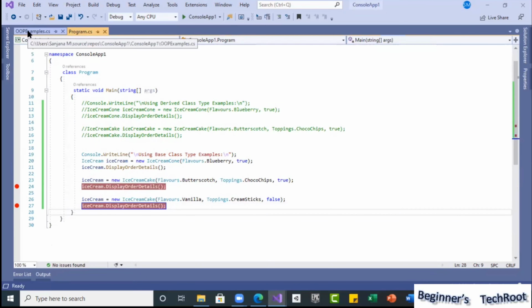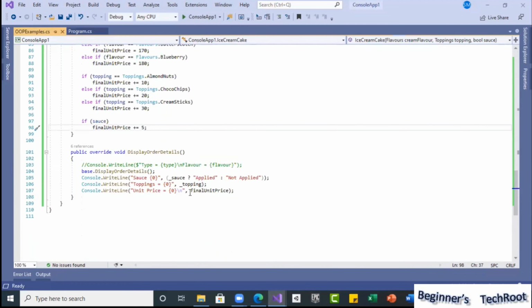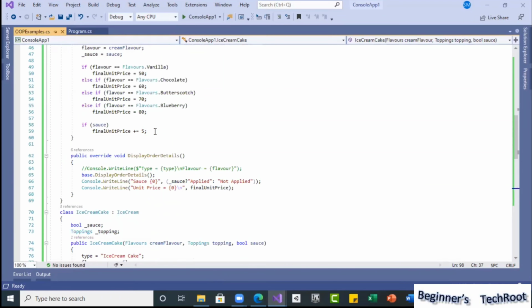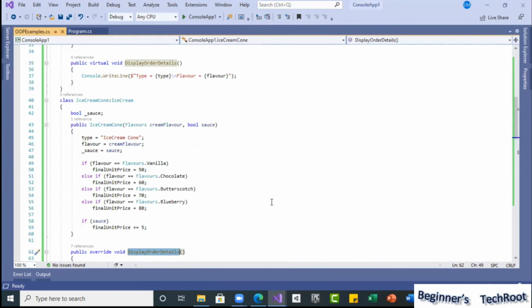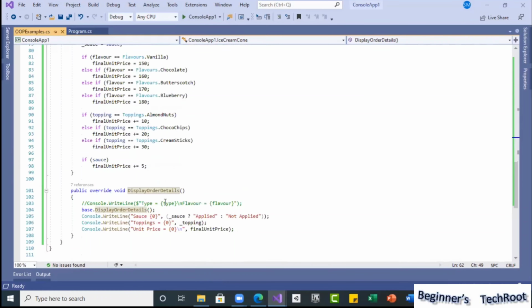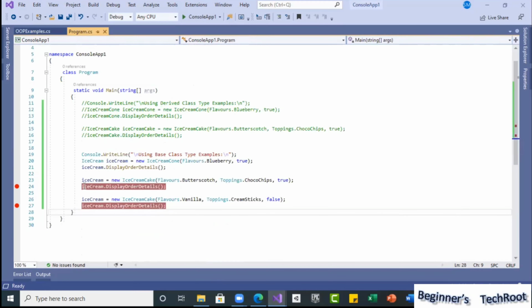Automatically, based on the type defined, it will go to the respective method. Here is the display order details for the cone, and this is the display order details for the cake. Whatever you write is the same ice cream dot display order, but this is the cake type you assigned, the cake object assigned to this ice cream type.